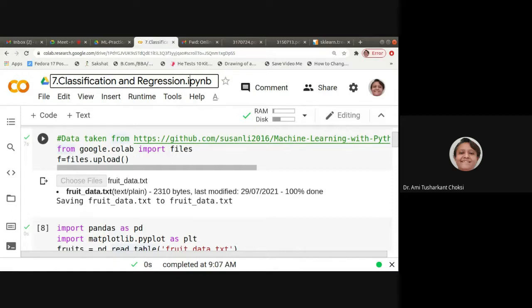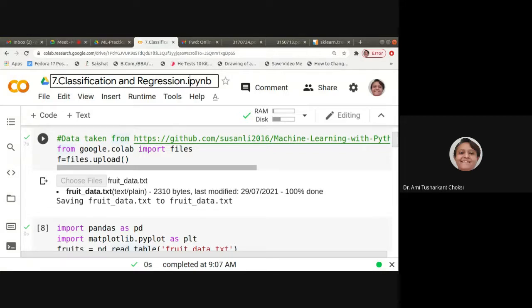We need to have the splitting of our data set, that is train and test data, which is always required. After that we'll have the object of our classifier which we want to use.